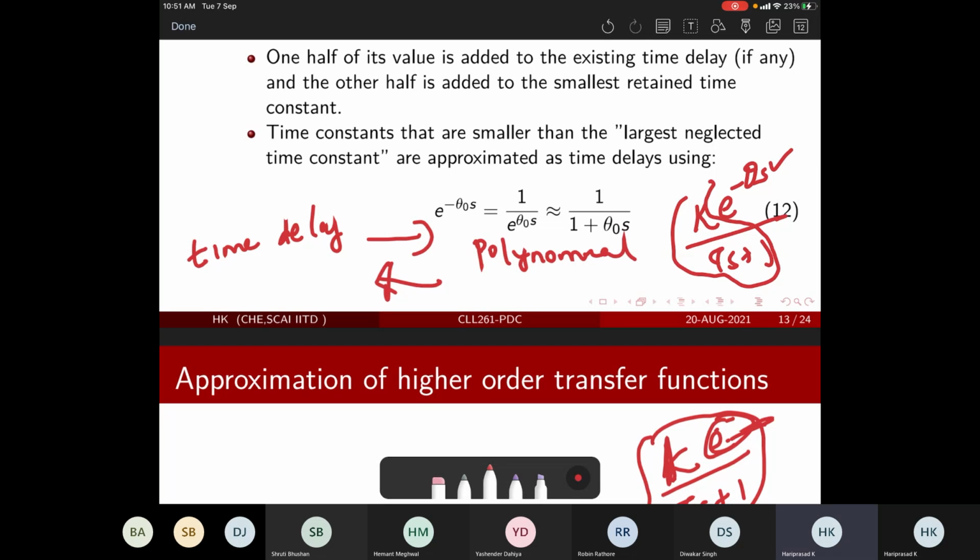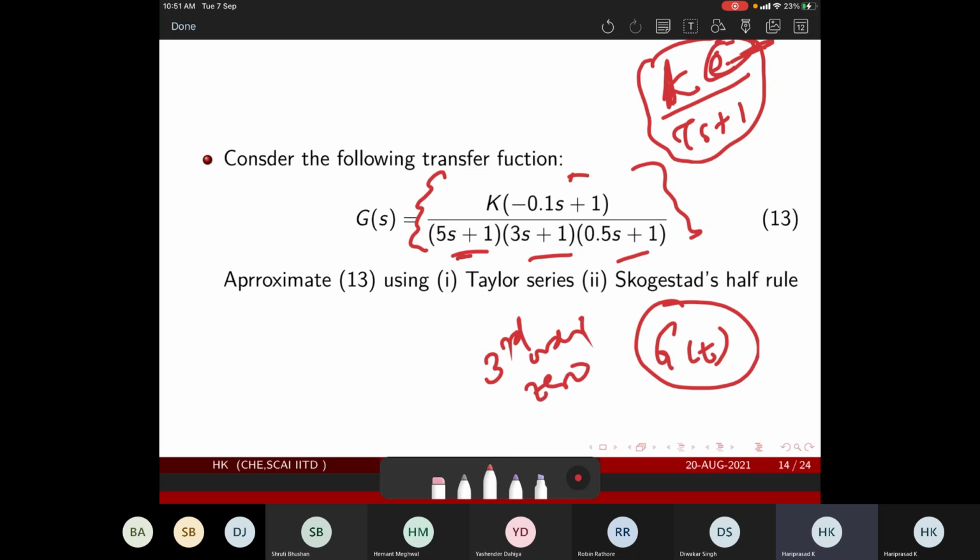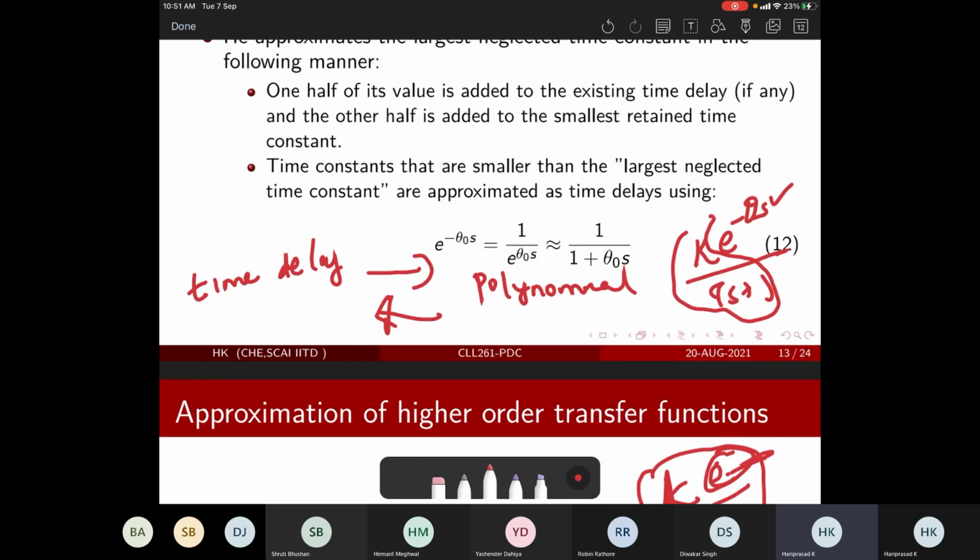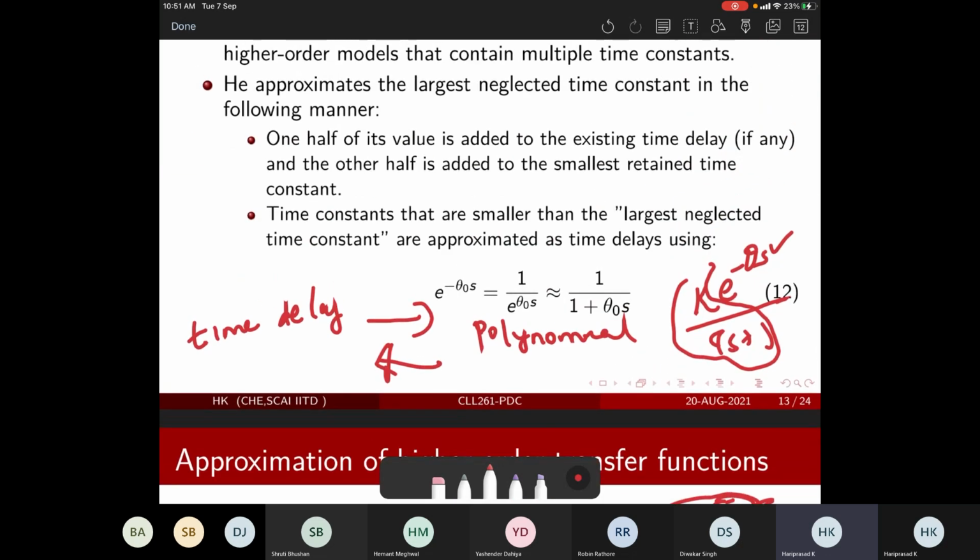So, but what you are significantly saving is in terms of the order of the overall structure of the model. So you can now simplify. By using the principles of approximation of time delay as polynomial, can we also do the reverse? Very fair question. And his argument was, if you do that,